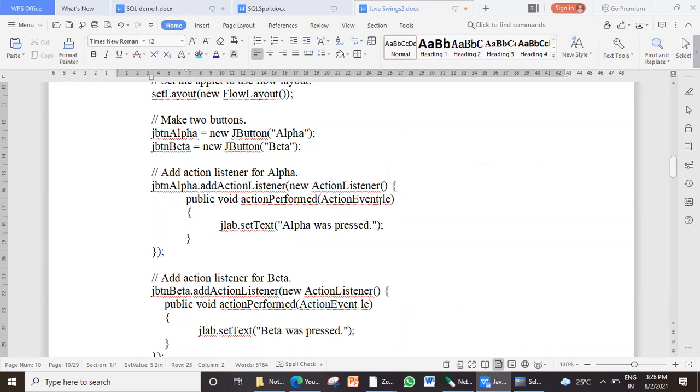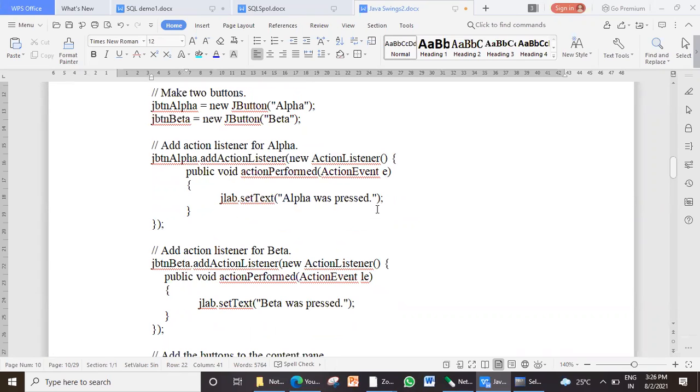Here I'm using ae; I can even say e, because that is easier. This actionPerformed belongs to our alpha button, so when this alpha button is pressed, this actionPerformed method will be called.